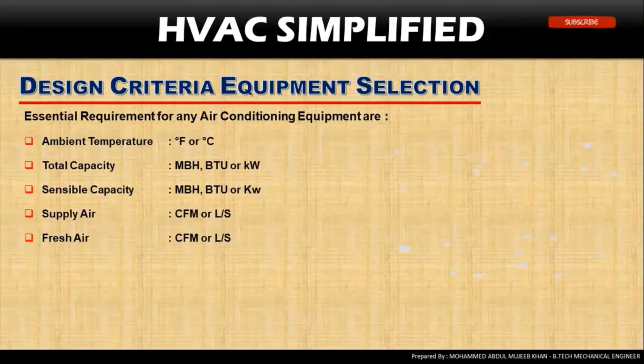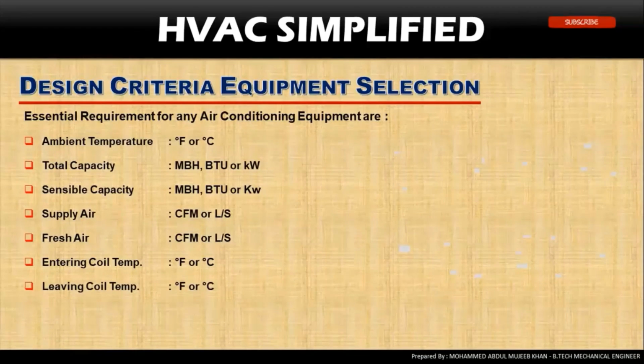This is the fresh air requirement for HVAC equipment, which is at ambient temperature, or it can also be pre-treated depending on the design of the system. Entering coil temperature is also measured in Fahrenheit or degrees centigrade. The entering coil temperature is also known as on-coil temperature. So this is the temperature which is on the coil.